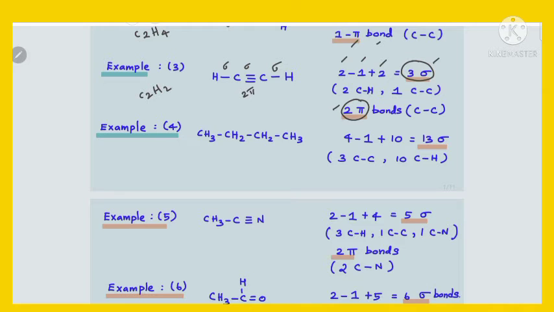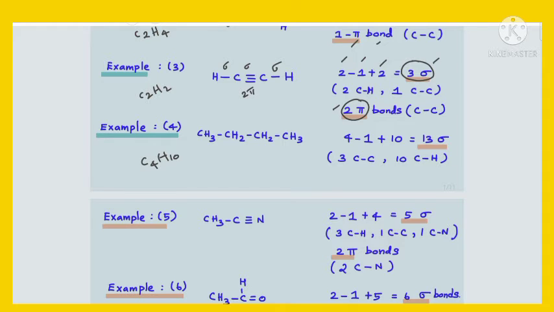Which has the formula C4H10, isn't it? N-butane, normal butane. Right, so let us use the formula to find the sigma bonds. There is no double or triple bond, so this molecule does not have any pi bonds; it has only sigma